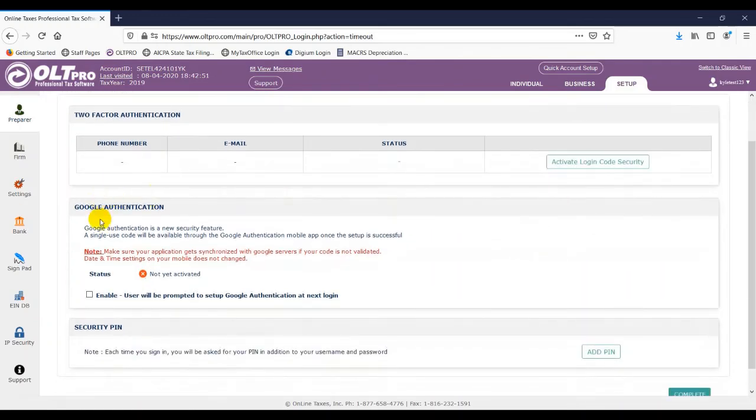We can also set up Google authentication here. So this is something that they would have to do themselves. So to enable them, you would just check this box. And then next time they were logging in, it would have them scan the barcode and set up the Google authentication. And then you would also be able to set up a security pin for an additional layer of login security. This is a fixed 4-digit pin that they will have to enter each time when they're logging into